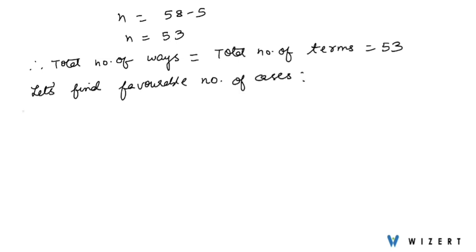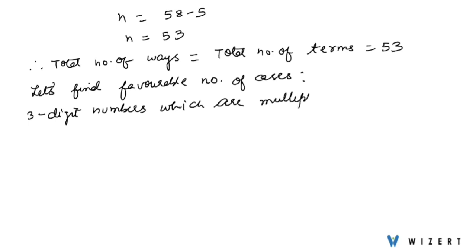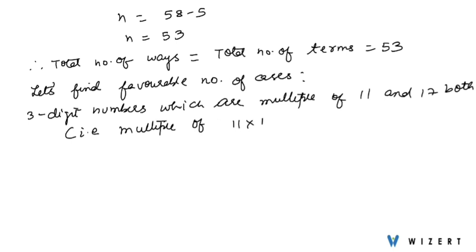Now, what we have to find out is the favorable number of cases. So the favorable number of cases is the 3-digit numbers which are multiples of 11 and 17 both, that is, we can say multiples of 11 multiplied by 17,